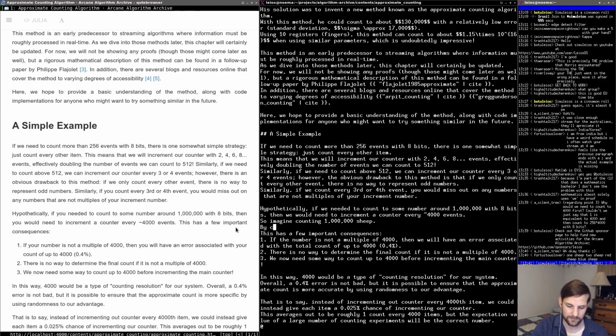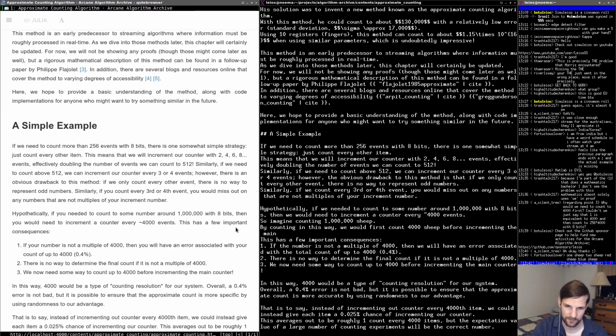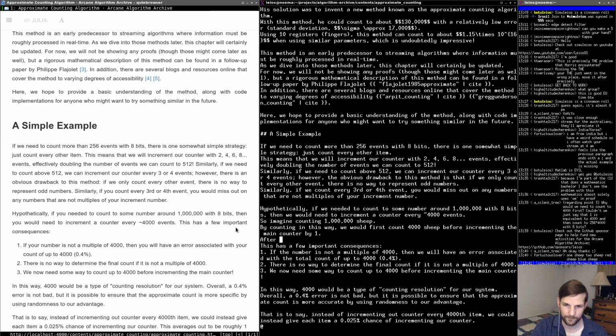By counting in this way, we would first count 4,000 sheep before incrementing the main counter by 1. After all the sheep have gone by,